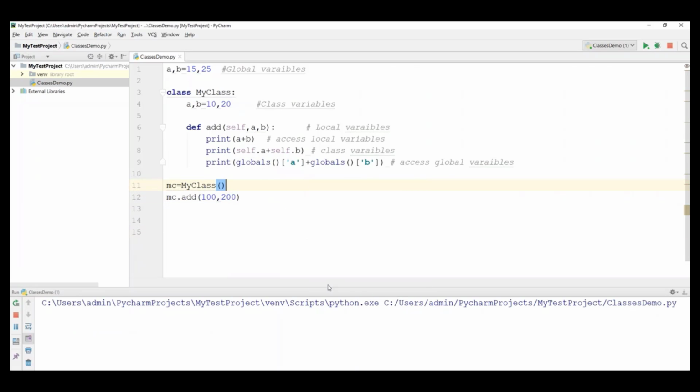Now let's run this code. 100 and 200 are stored in a, b, and it produces 300 first. So the output of this is 300, perfectly right. And then self.a plus self.b. Self means class variables, so 10 plus 20, 30, as written. This is also perfectly right. And then we are able to access the global variables here, 15 plus 25, which returns 40.